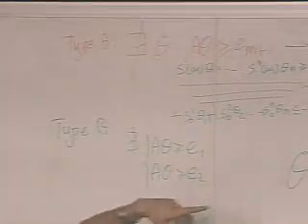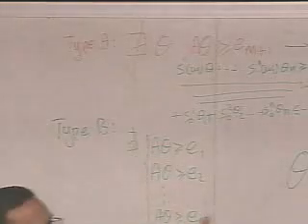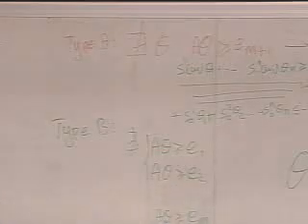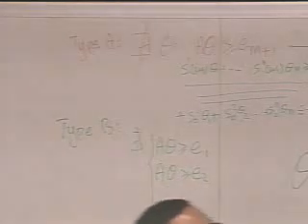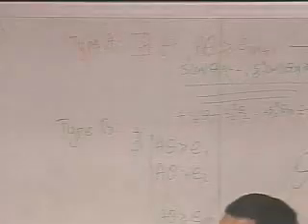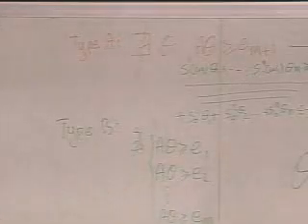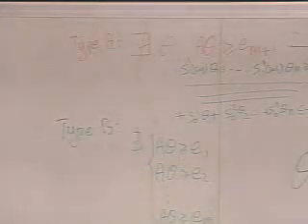Now, this is equivalent to saying that there is no theta that will satisfy any of these. It's just writing it down. Believe me, it's nothing more than what I did for type A. It's just going to take more time because there are m of them. You have to case all the different cases: when the first element is strictly positive, when the second element is strictly positive, when the third element is strictly positive, then you scale the first element big enough. So writing it that way is harder. Writing it in a matrix format is easier.